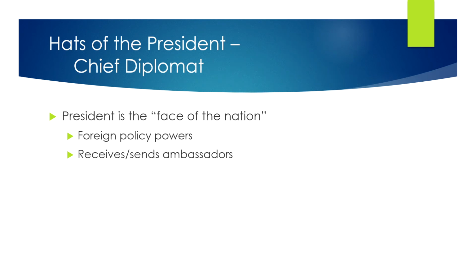So those folks who represent the United States to other countries, right? So ambassadors to England and Australia and Russia, well, they're all acting and speaking on behalf of the president who speaks on behalf of the United States. And same thing when other nations send their ambassadors to us. The president can also recognize another nation. So in recognizing a nation, that means that we as a country are allowed to do business with them.